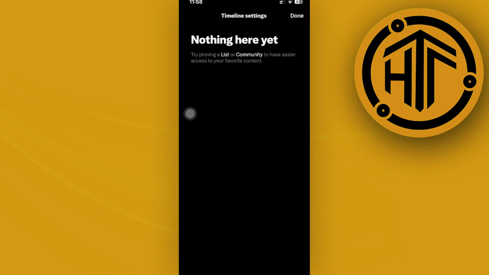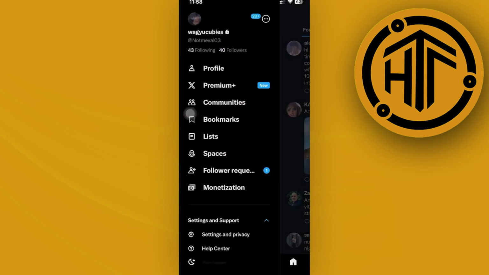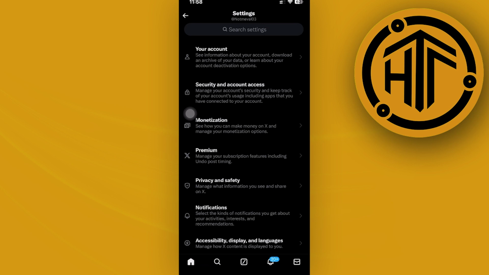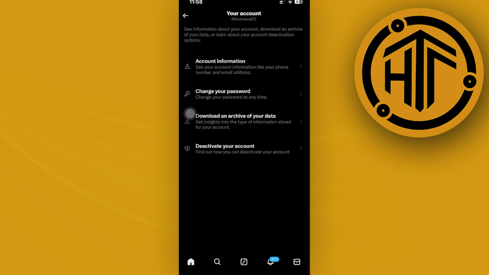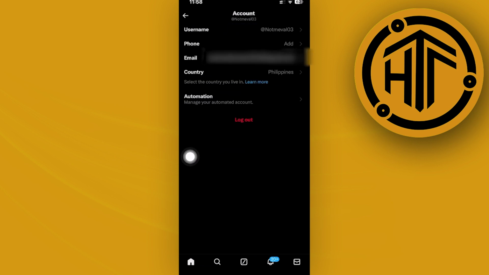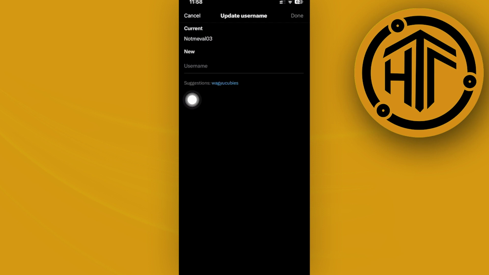and access your settings over on your profile, tap on settings and support, and then tap on settings and privacy. Now from here, let's tap on your account information, and you should see your account information and your username right here. But as you would notice, in order for us to change our username, it's going to be pretty easy,